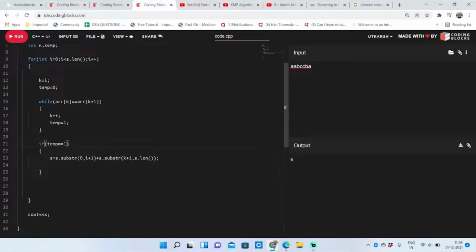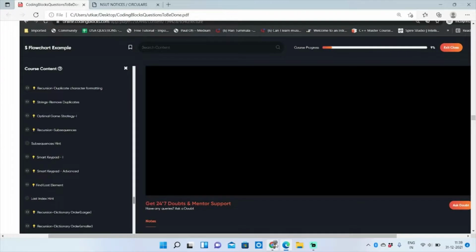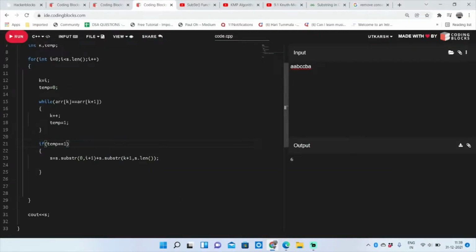If I take an example, let's say the value of i was 0 in the starting only. Then the function will be s dot substring 0 comma 1. So what will be my substring? It will be only A, right?